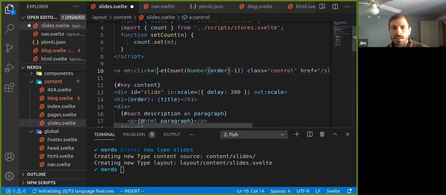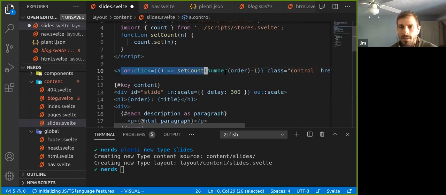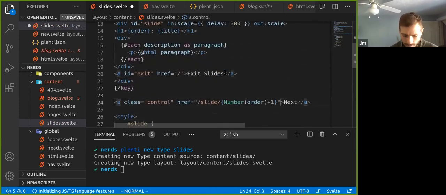Now this isn't going to work. You actually have to pass this first as an arrow function if you want to run that. So if you want to be able to pass a value to a function, make sure you set it up like this. It's just a little quirk. So you're going to have an on click handler for setting the minus count. Let's add one as well to our next control here. Oops, that messes up the spacing a little bit. Let's do +1. Now that will update every time.